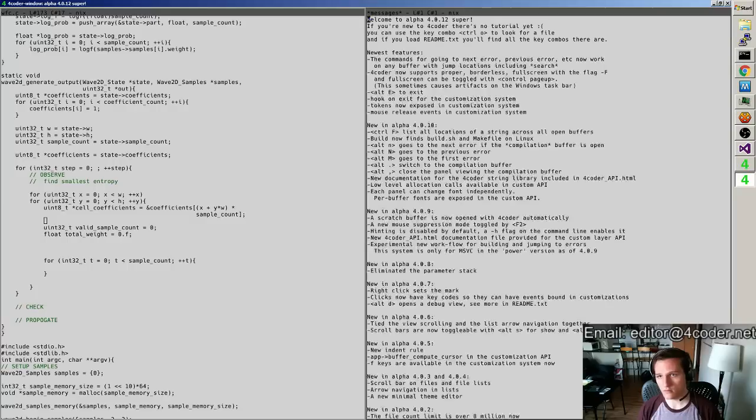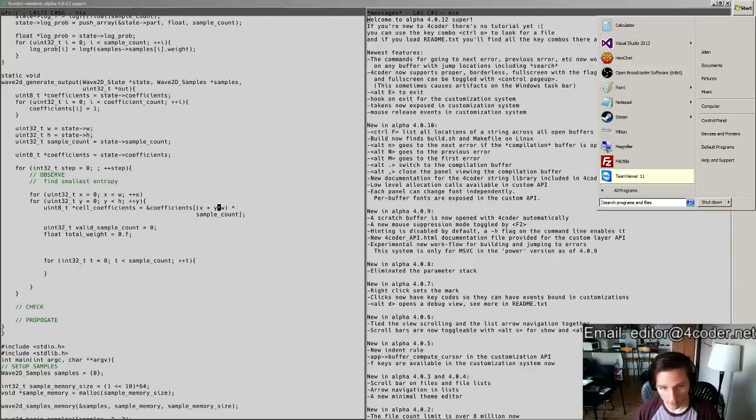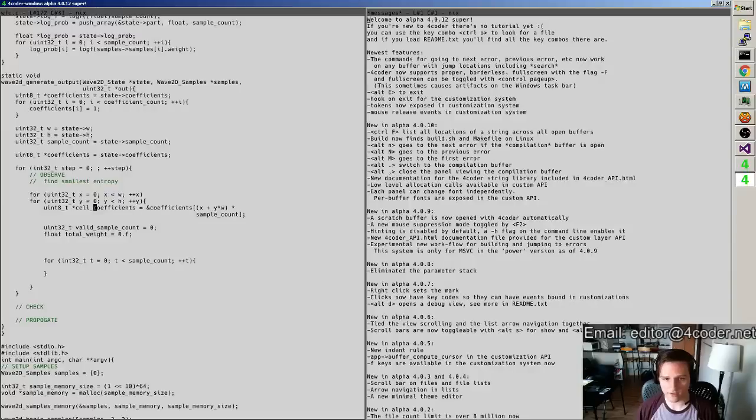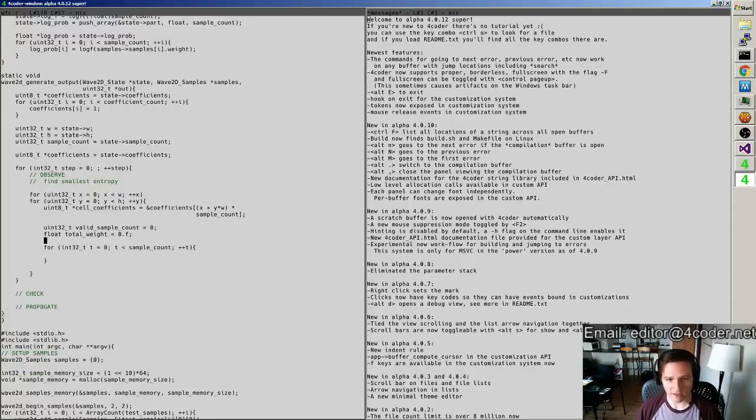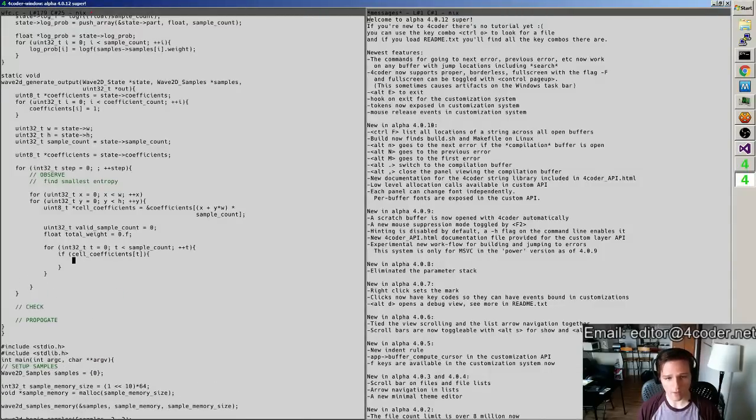WFC code. Alright. So I take x plus y times the width to get the correct number for which cell I'm in in a straight line, and then I multiply that by the sample count because each cell has sample count bytes assigned to it. So that right here gives me the array of coefficients for this cell. Finally, what I can do is for each of those coefficients, if cell coefficients t, then what we can do is